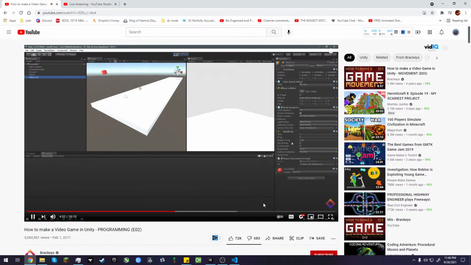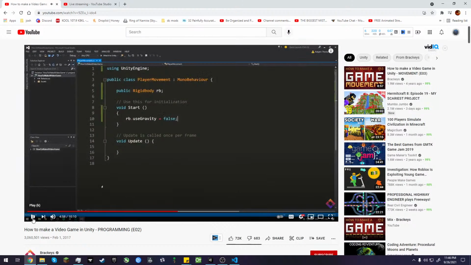Tiny little property. We can also make our rigid body do different things. If we quit playing, go back into